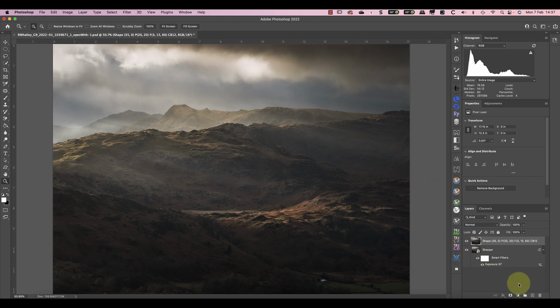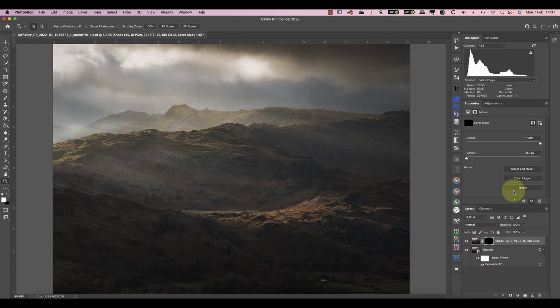So what I'll do is I'll add a new layer mask to that. I'll invert it to hide the effect, and now I'll take a white paintbrush and I'll set that up at about 40% whilst I paint. And now I'm just going to paint over areas where I want to introduce that contrast enhancement. And I'm doing this with a soft brush so that you can't see any change, and it enhances it by blending it into the areas already there.